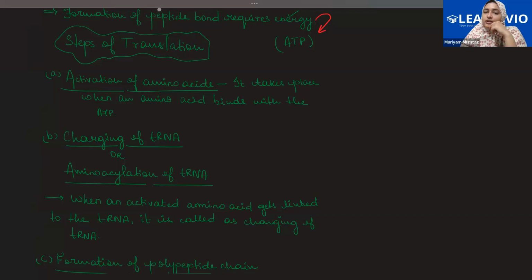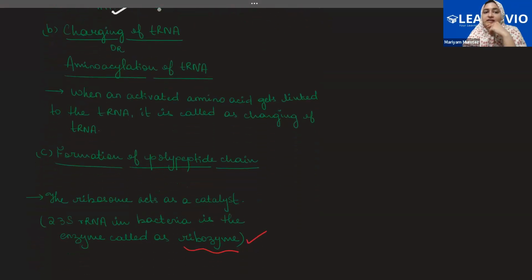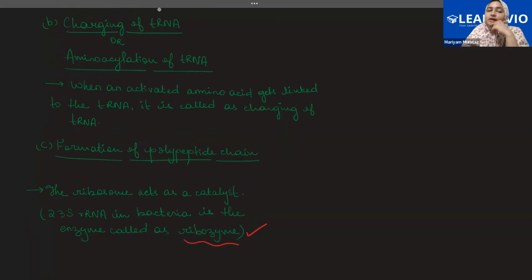Because to drive the whole process, the amino acids are extremely important. Why? Because the proteins are formed when the amino acids come together and get joined by the peptide bond to make a polypeptide. So for that very reason, the activation of amino acid takes place. It takes place when an amino acid binds with the ATP, the first step. Now, after that, in the second step, what happens is the charging of tRNA or amino acylation of tRNA, meaning